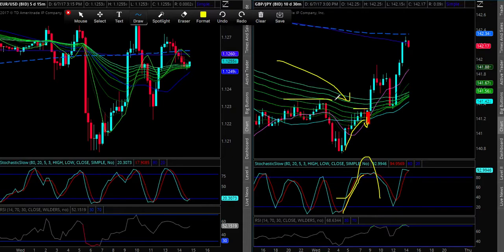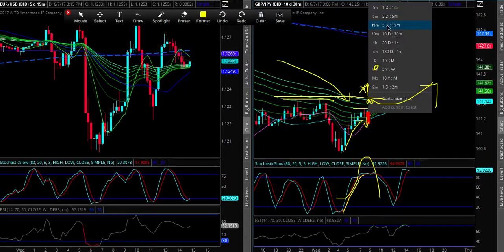And then getting above this high, we didn't fail at the bands, so it was time to stop, and then flip and go long. Went long, traded to a new high, took a little bit of profit, and then I said at that point, as soon as we went through here and the bands started to turn up on the 15-minute, I'll show you on the 15-minute,